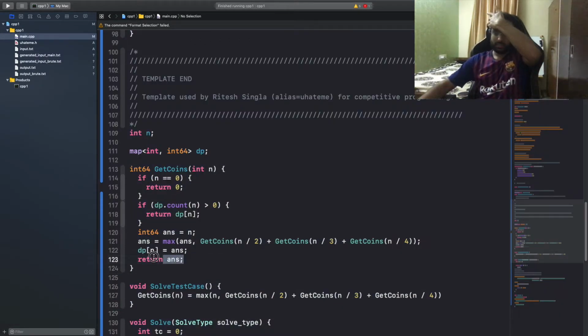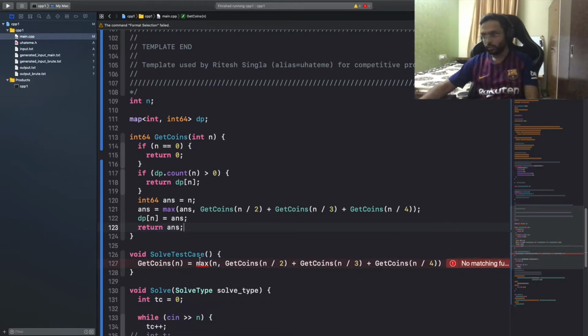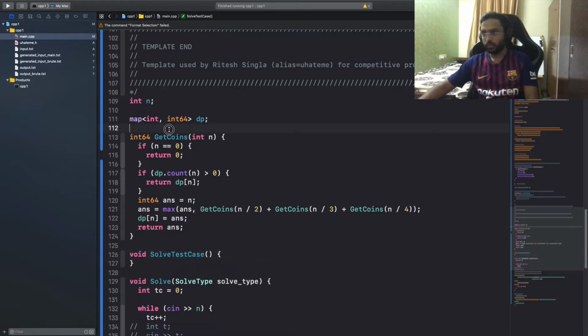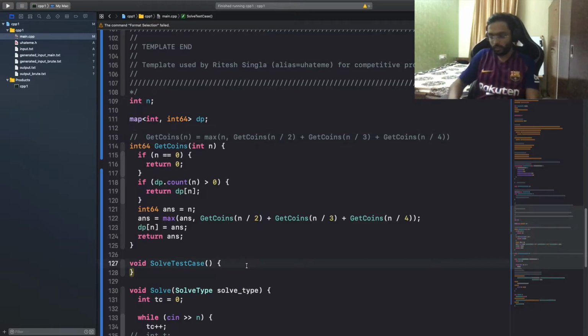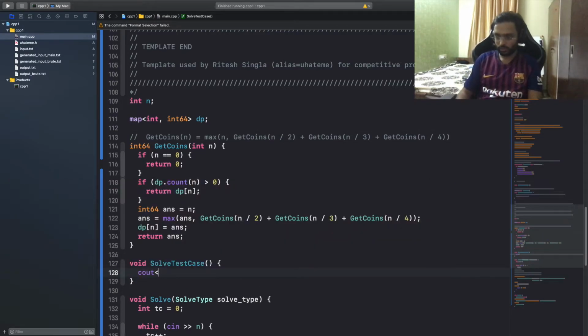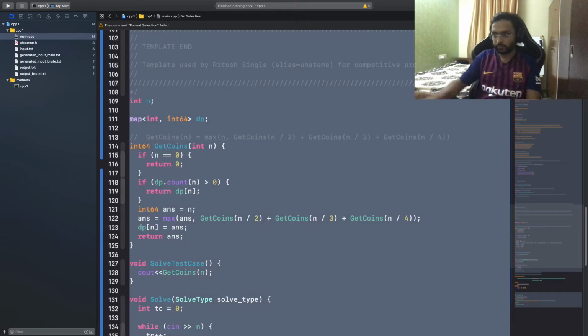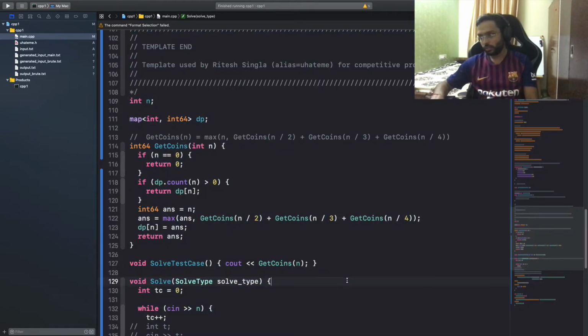We can do it in the same step. Okay, this was just the recursion we were using. We can skip that. We simply say cout getCoins of n. I think the solution should be good enough. Let's test it out.